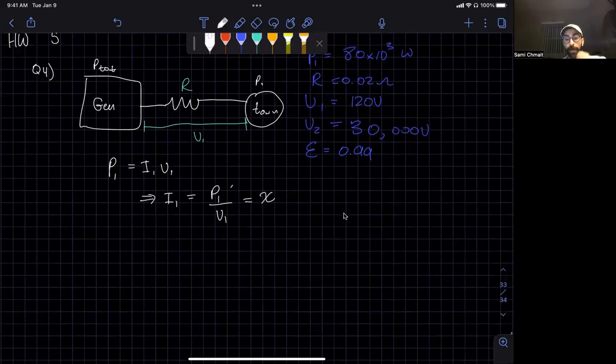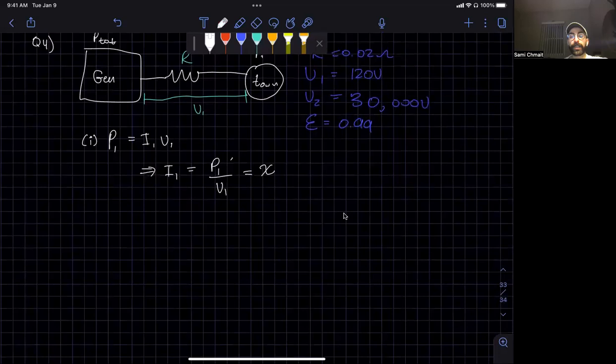And then we need to also find the power that's lost through the resistor. So remember, with these kind of questions where we have a transmission line, a generator, a town, basically those words, that really cues you to remember to find the resistance that's acting through the wire. Okay, so the total power then is going to be the power P1 plus the amount through the resistance. But to solve for that power through the resistance, which I'll call PR,